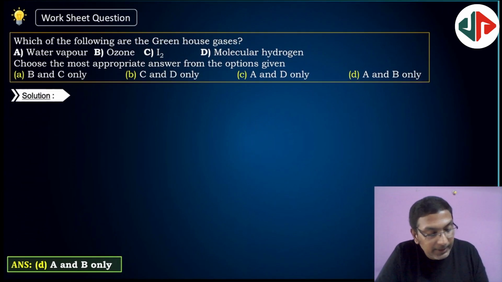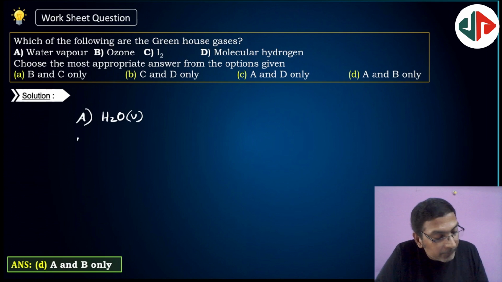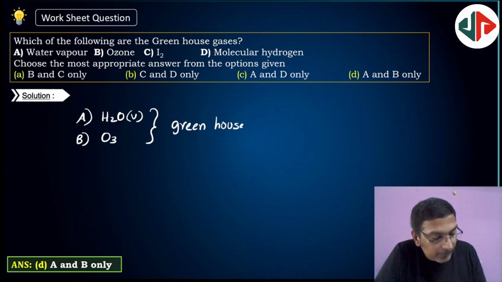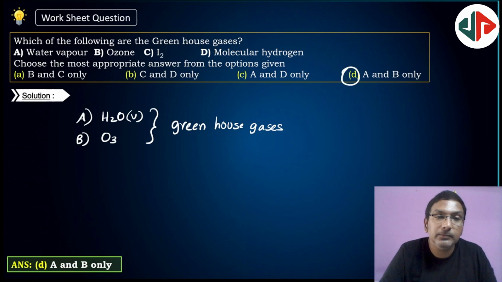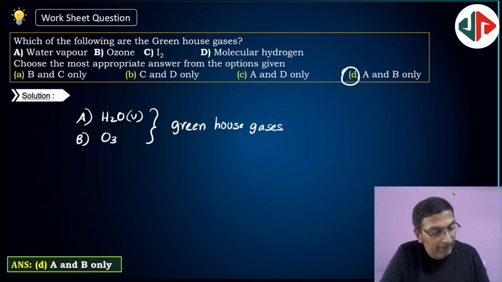So which of the following are greenhouse gases? Clearly A, water vapor, and B, O3 are greenhouse gases. Option D, water vapor and O3, greenhouse gases. Next,